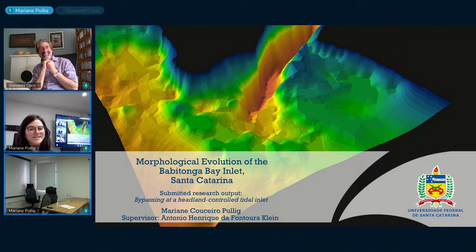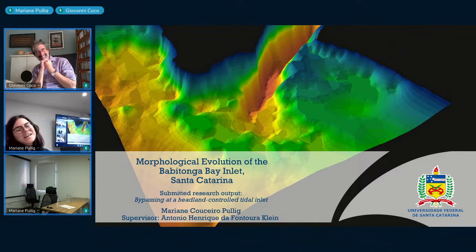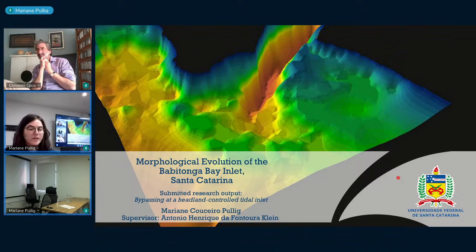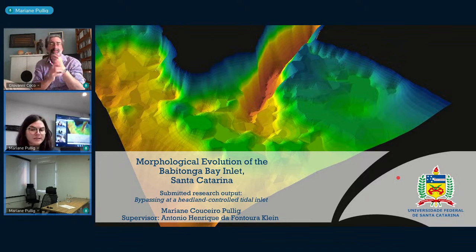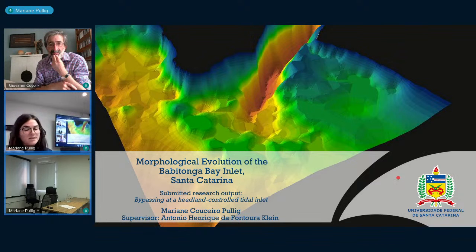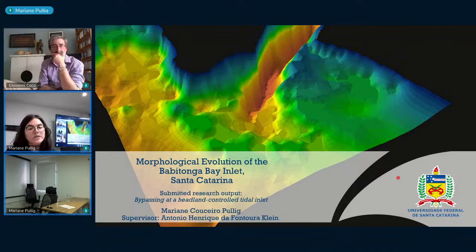First, I would survey the region, of course. That's because I believe we don't have knowledge about the inlet's response to the dredging, because it's very recent actually. So the long-term inlet response to the dredging, we don't have it. And then more than that, to know how the short range features, such as the seabed wave marks, bottom marks, can tell us how the sedimentary transport is changing on a decadal scale. So I believe I would enhance the surveying campaigns along the Babitonga Bay and study better the bed marks of the area,